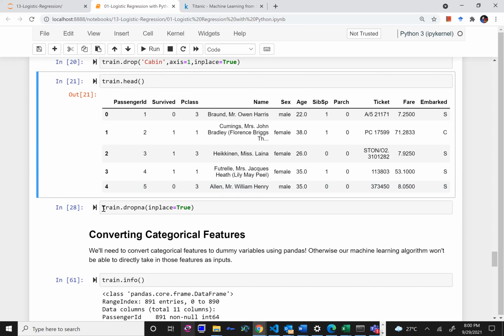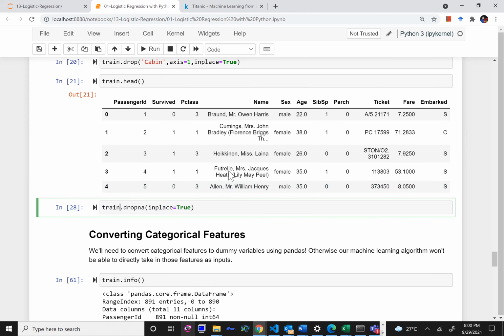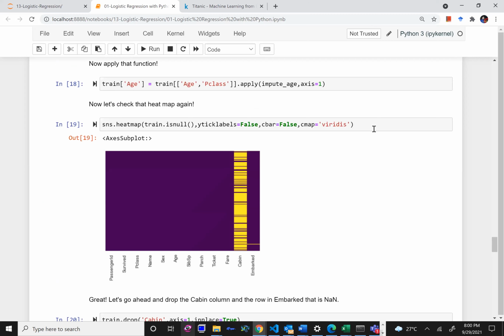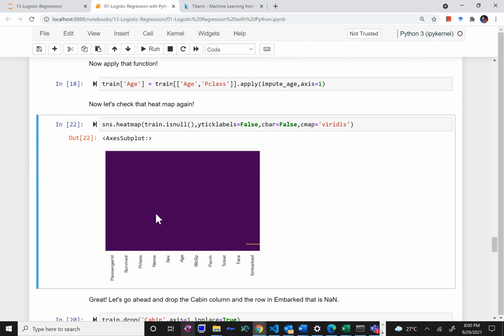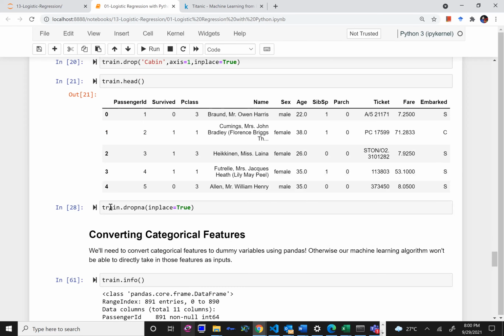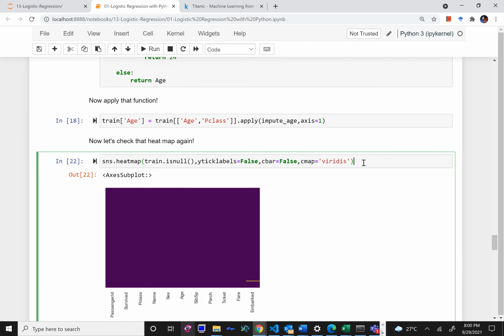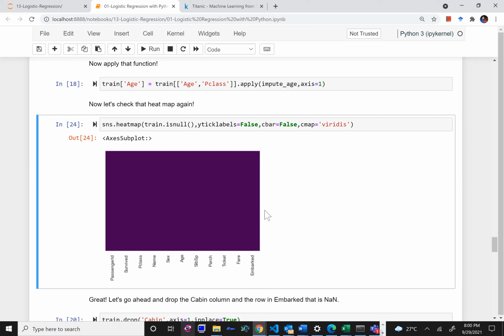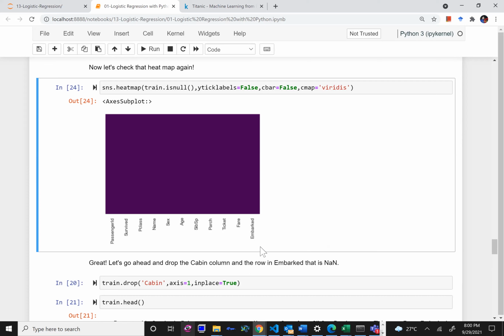Now I am dropping all the NA values. I still have one NA. If I plot this again, I'll see there is no cabin column. I deleted it. So there is only one missing value in the embarked station. Embarked means the station from which the passenger boarded the Titanic ship. So it's better to just drop this particular row. I'll do dropna with inplace=True. If I run this and plot again, you will see there is no missing value. My whole plot is solid. So there are no missing values in my data set, and that case has been handled.